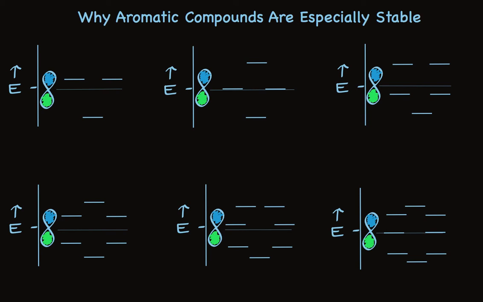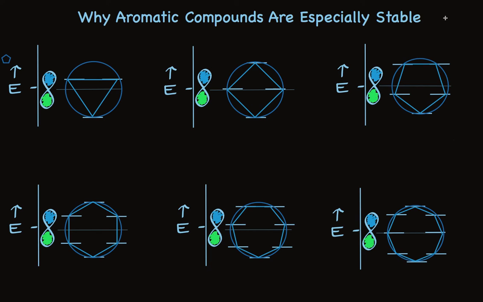This approach uses something called a Frost circle. And Professor Frost had the insight that you could take the regular polygon associated with each of these pi systems, place it with a vertex pointing straight down, inscribe it in a circle, and where the regular polygon touches the circle defines where there'll be a pi MO energy level. When applied to these systems, you get something that looks like this. The 3-membered ring, vertex pointed straight down, inscribed in a circle. There are 3 points of the triangle that touch a circle. Those define the